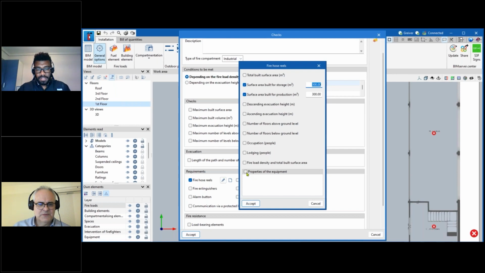Here in the properties of the equipment, if I click in here, I can set the nominal diameter of the fire hose reel and the maximum distance to the equipment. For example, I'm going to select 25 or something like that. And then we are going to see all those checks that are going to be in the project when we start introducing